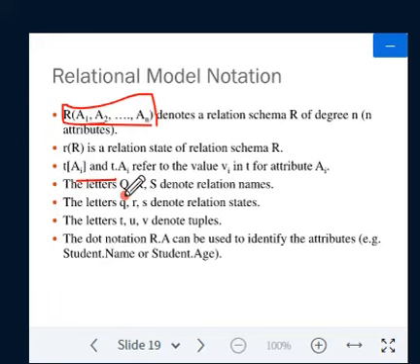Instead of R, we can use Q, R, S, T to denote the relation name, and small q, r, s, t respectively for the relation state. Then we can use the terms t, u, v to denote tuples. The dot notation R.A can be used for identifying the attributes. So these are some notations.